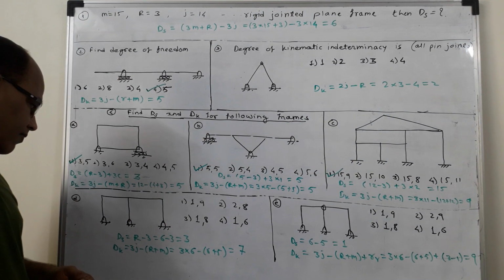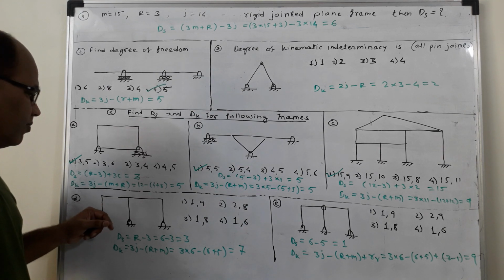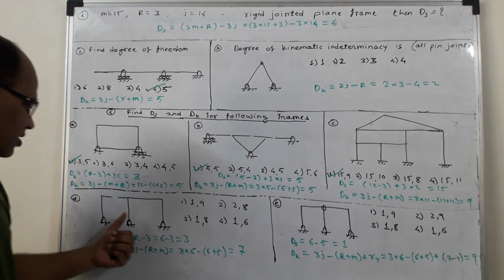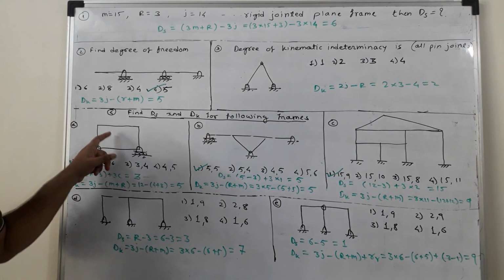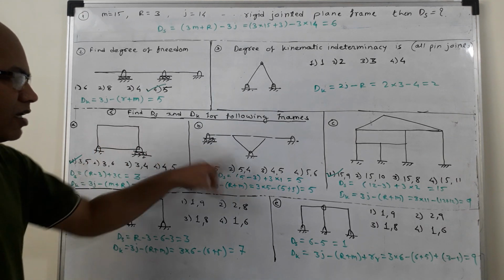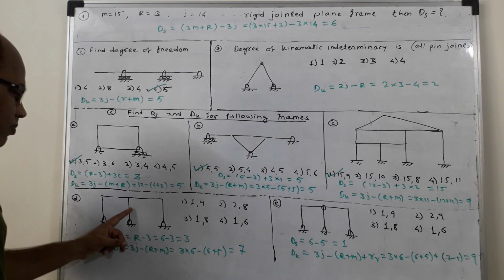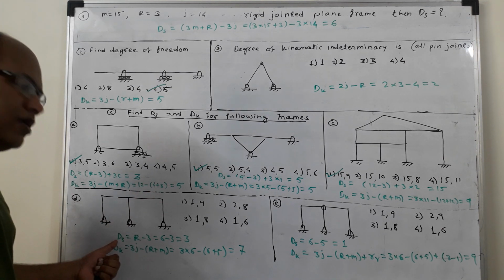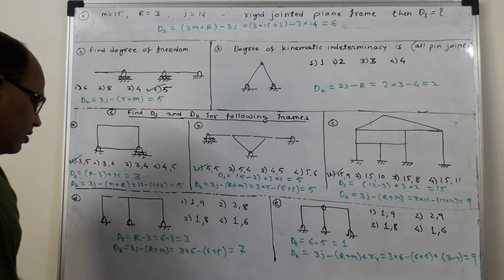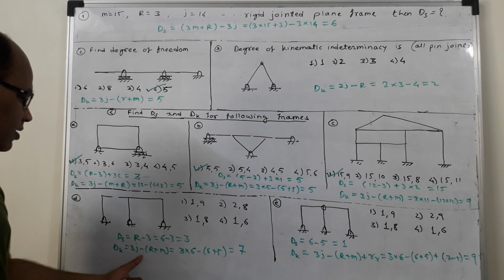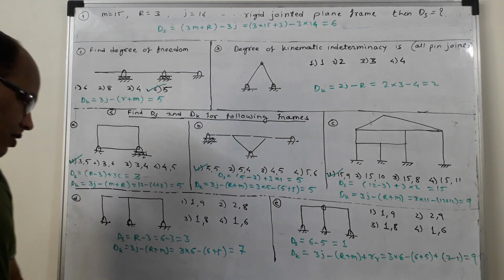Now D question. Again a frame is shown which is a rigid jointed frame, but the difference between the previous two frames and this frame is that there a closed loop was present, here also the closed loop was present, in this question also the closed loop was present. As such DSI was equal to 3 times C, but here there is no closed loop. So DSI is equal to 0, only ds is to be calculated. ds is equal to r minus 3, so it is 6 minus 3, that is 3. dk is equal to as usual 3j minus r plus m, and if we substitute all these values we get the answer as 3, 7.